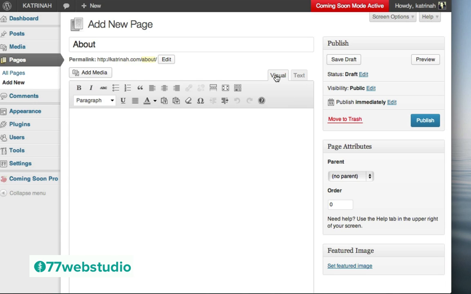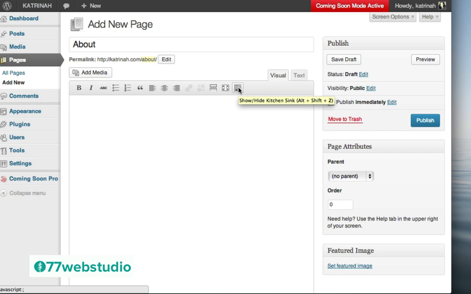So here in the visual tab, one other thing to note, there's two different rows of formatting icons here. And if you're only seeing one row right here, then you want to click on this icon here on the far right hand side that says show or hide kitchen sink. And when you hover over each of these icons, you'll notice that a tooltip will pop up telling you exactly what this particular formatting icon does.